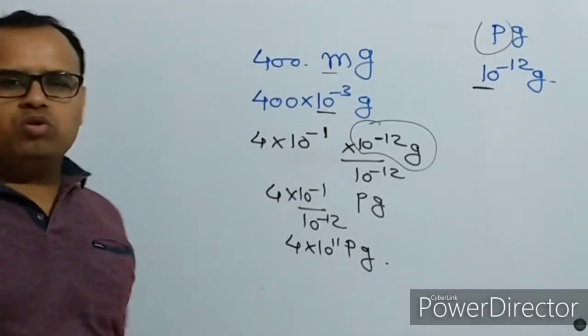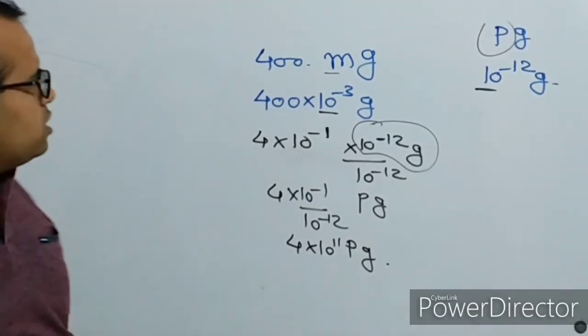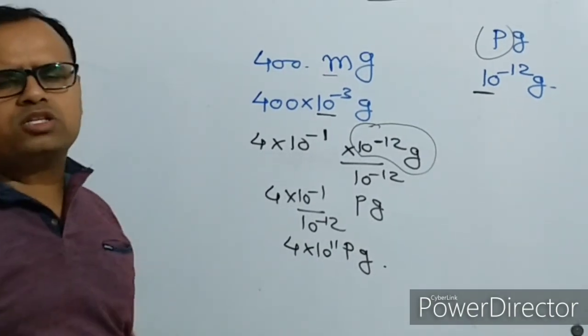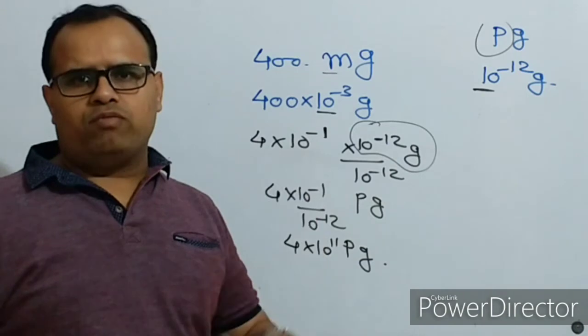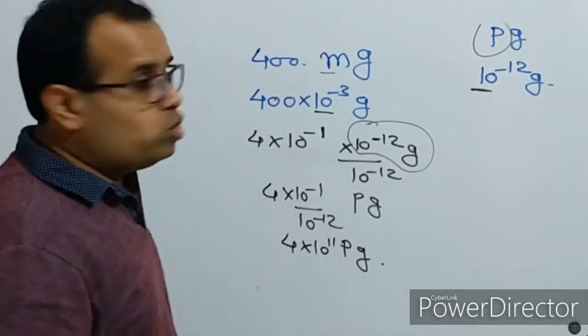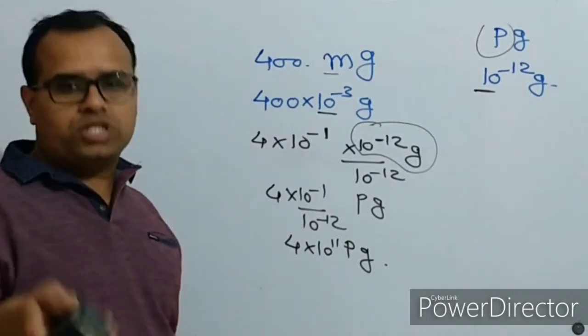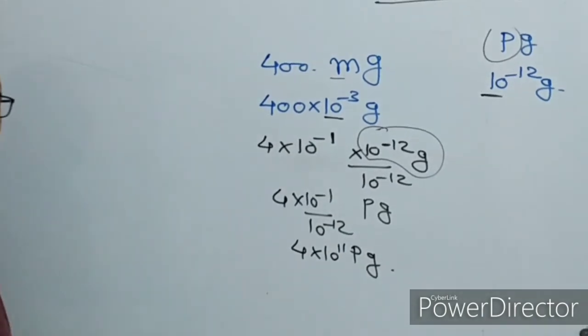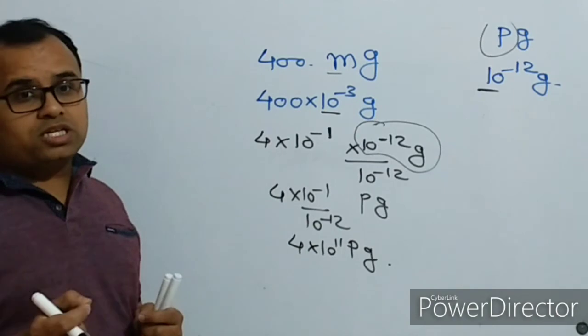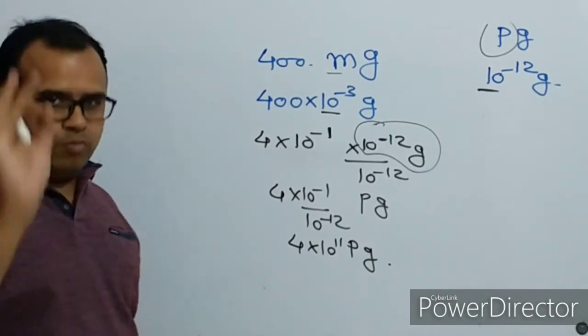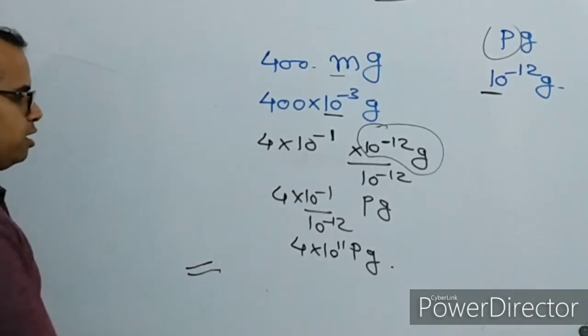And this is how you can convert milli into pico. These conversions are very important, because in so many numerical problems, at times you have to convert from one form to another. So you have to frame that table which we studied, and by framing that table you can very easily convert it. That is why in the first lecture we are discussing this, because it is very important. I hope it is clear to you.